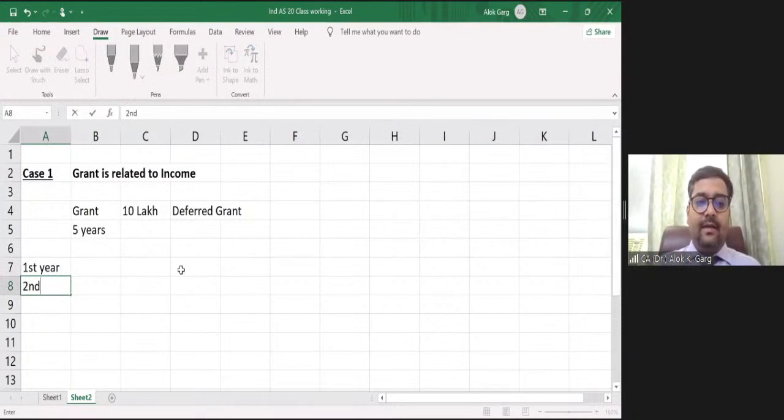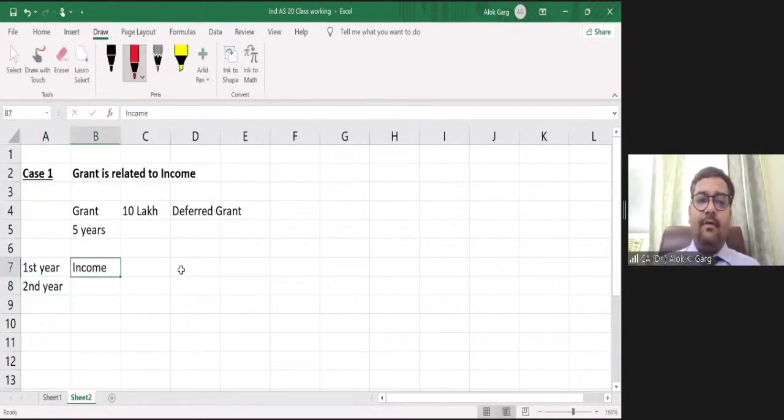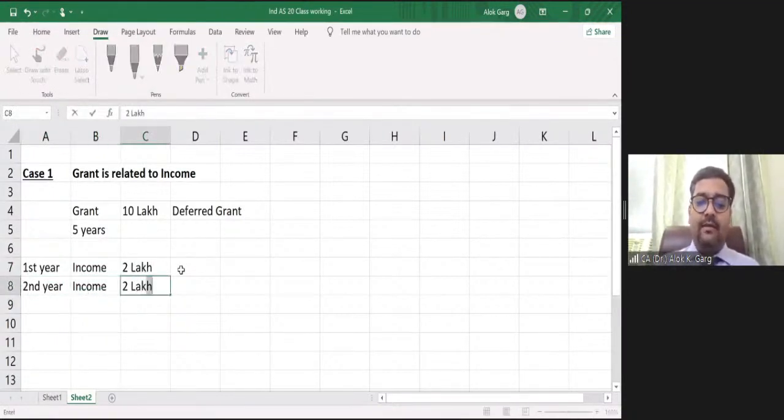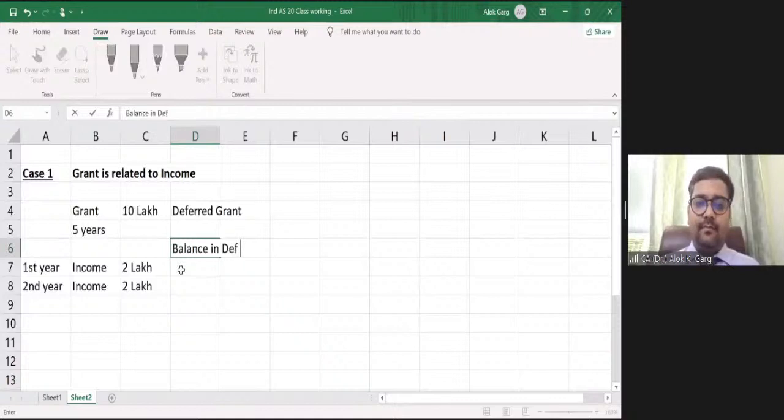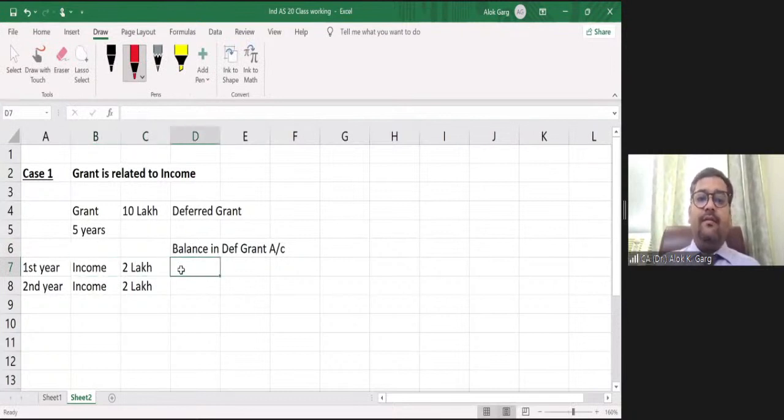In the second year, the company has recognized income of rupees 2 lakh, and the balance in the deferred grant account is, at the end of first year 8 lakh, at the end of second year 6 lakh,